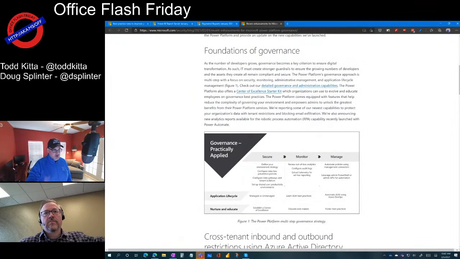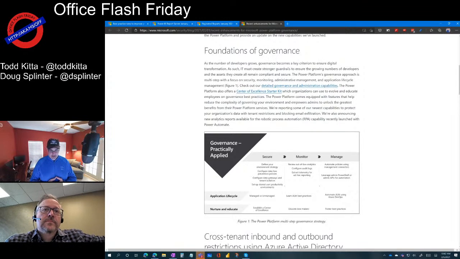If you are doing anything with Power Platform and you haven't checked out these two links right here on the page, detailed governance administrative capabilities and the Center of Excellence Starter Kit, then you know what you need to do after this. Those two resources are invaluable for managing this, and really are the seeds and the foundation of managing, governing, and providing the safe water park with the really cool slide, right? Where you can decide where the lifeguards live. That's right.